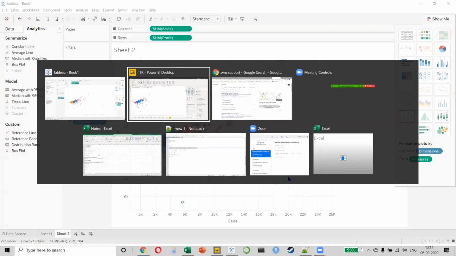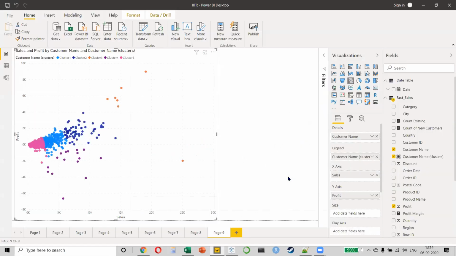Now comes the interesting business question, right? You guys are business students. You're not doing mathematics, you're doing business. Can you tell me which is the cluster most important to the business? It's a very interesting question. Let me see if you have the answer. We have 5 clusters, everyone. Now, a lot of people will say cluster 1, which is this blue one, right?